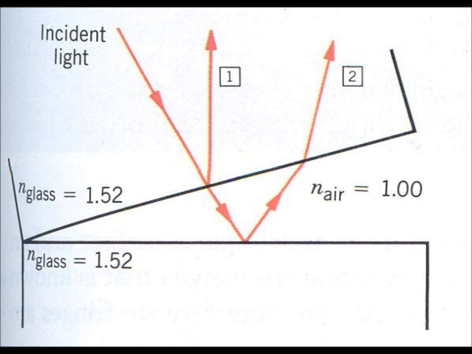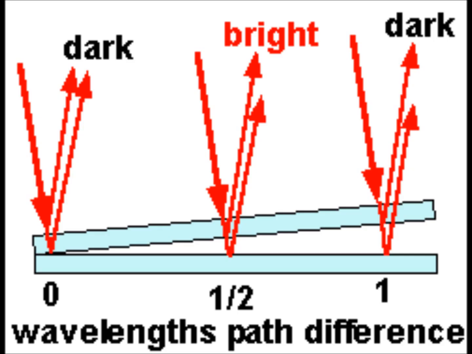So the next thing we need to think about is the path length difference between Ray 1 and Ray 2. Here's a figure that might help you visualize that. Because the air wedge is sort of triangularly shaped, the difference in path length will change as you move from left to right across the wedge. So in some places you'll get destructive interference, in other places you'll get constructive interference. The point of the question is to figure out how many areas of constructive interference there are.